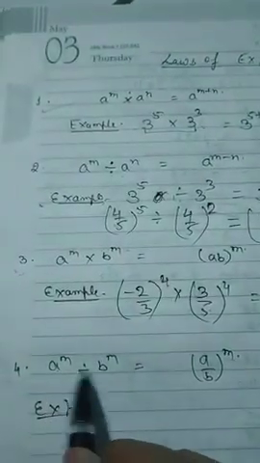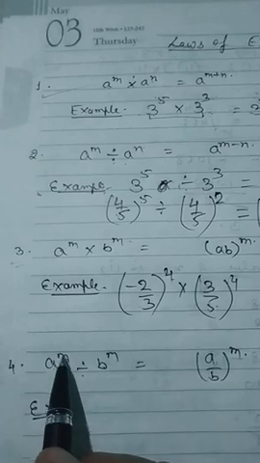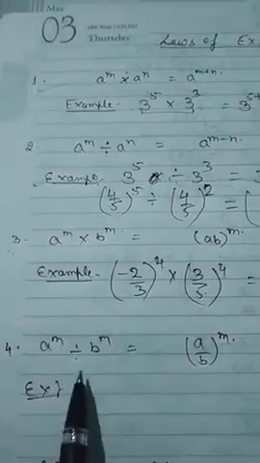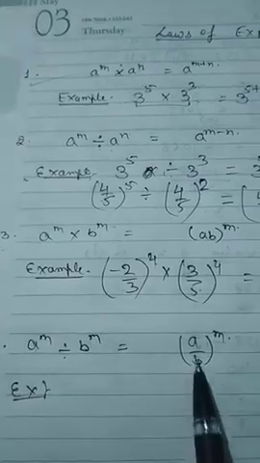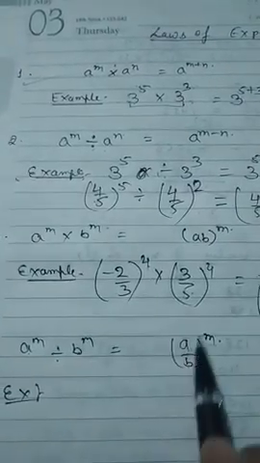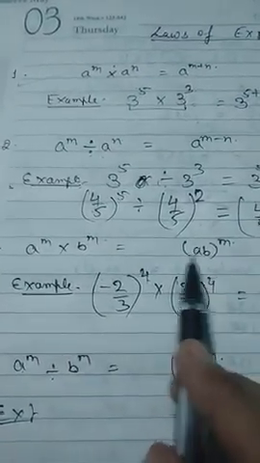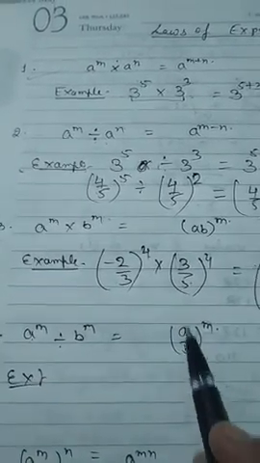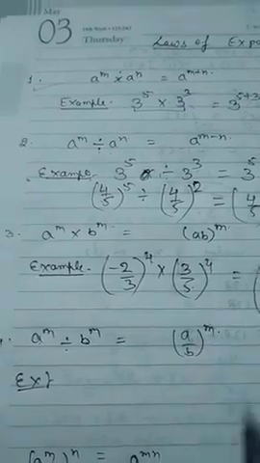Now the bases are different but we are dividing, and the power is the same. The bases were different, but we are multiplying here. It is dividing. So we will divide the base and write one power. As we are multiplying it and writing one power, it is in divide form. So we will divide the base and give one power.